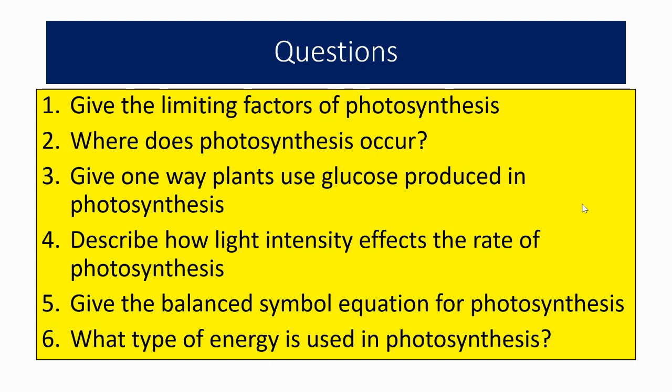You've got six questions. Give the limiting factors of photosynthesis. Where does photosynthesis occur? I want the organelle, please. Give one way plants use glucose produced by photosynthesis. Describe how light intensity affects the rate of photosynthesis, and give the balanced symbol equation for photosynthesis. And then your final one is what type of energy is used for photosynthesis. So all of them, please,